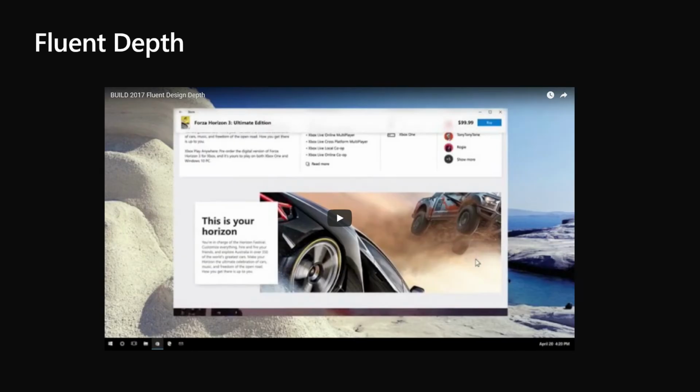All right, let's see if this thing plays. Watch closely if it plays, because what they showed with the new Fluent Design is that traditionally when we're laying out our apps and our web pages, we're moving things in X and Y. We need to start thinking in Z too.